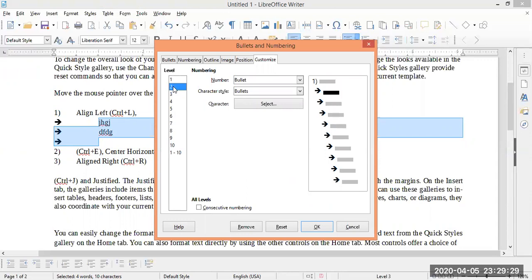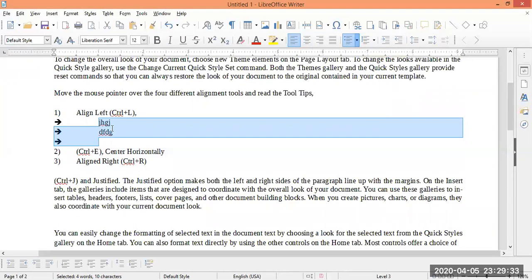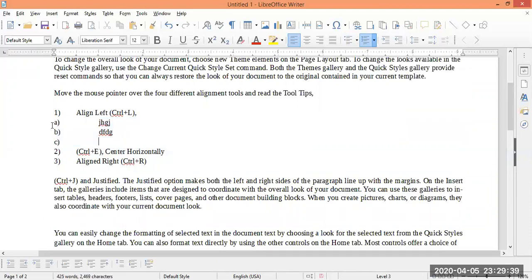I want level 2, then okay. You can change from bullets to numbering also. See, now ABC are part of the first option.